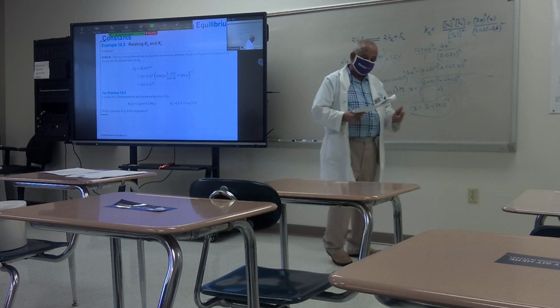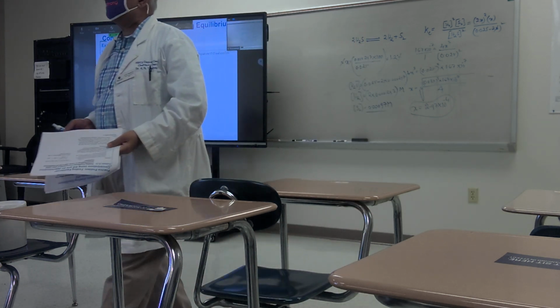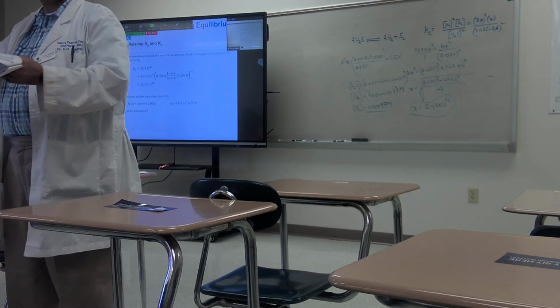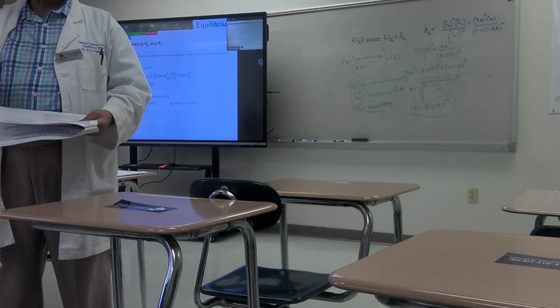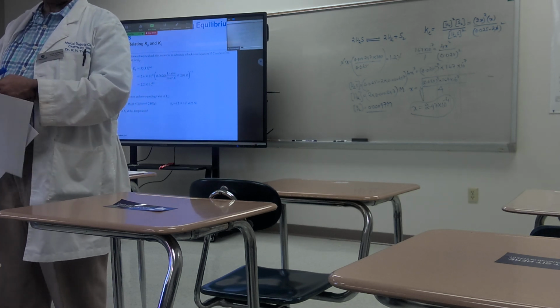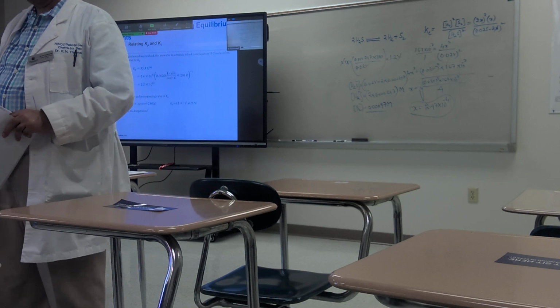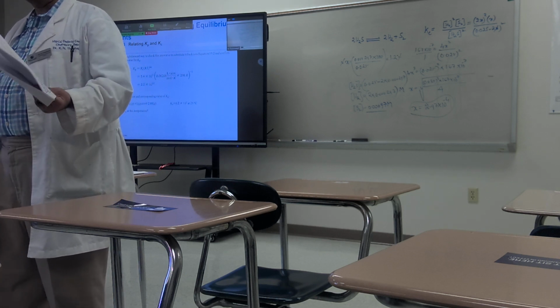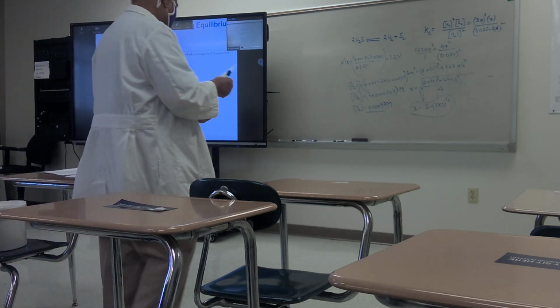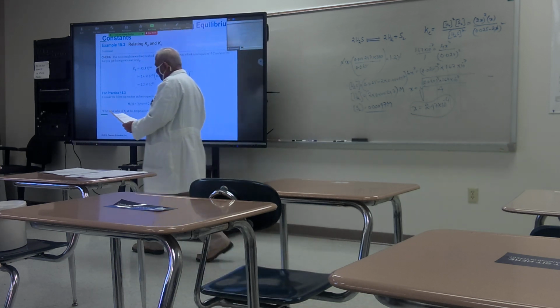Understand? So therefore, this is what we call using the approximation concept. We are making an approximation. We are making an assumption. If the change of the concentration is less than 5%, then you can ignore it in the quadratic equation. You can go straight. So next, I'm going to talk about what is called the reaction quotient.